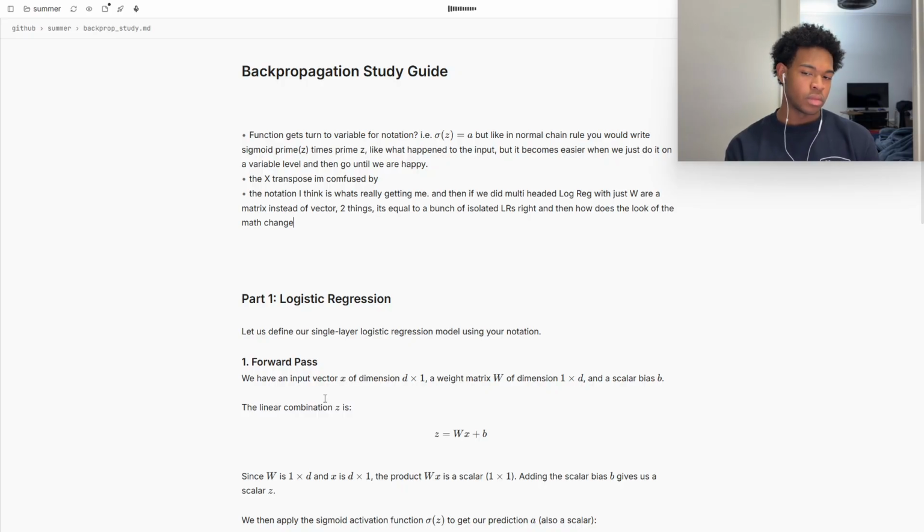For your second question about why X transpose appears, let us look at the dimensions. Your weight matrix W is a row vector of size 1 by D, and your